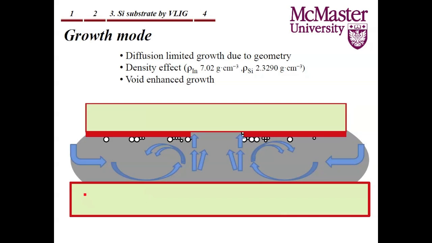And the density effect is due to the fact that we are using a growth solution combined of indium and silicon. So silicon is diffused and melted into indium to reach supersaturation. Indium is a heavier atom compared with silicon. So silicon will tend to float at the top of the solution and deposit at this